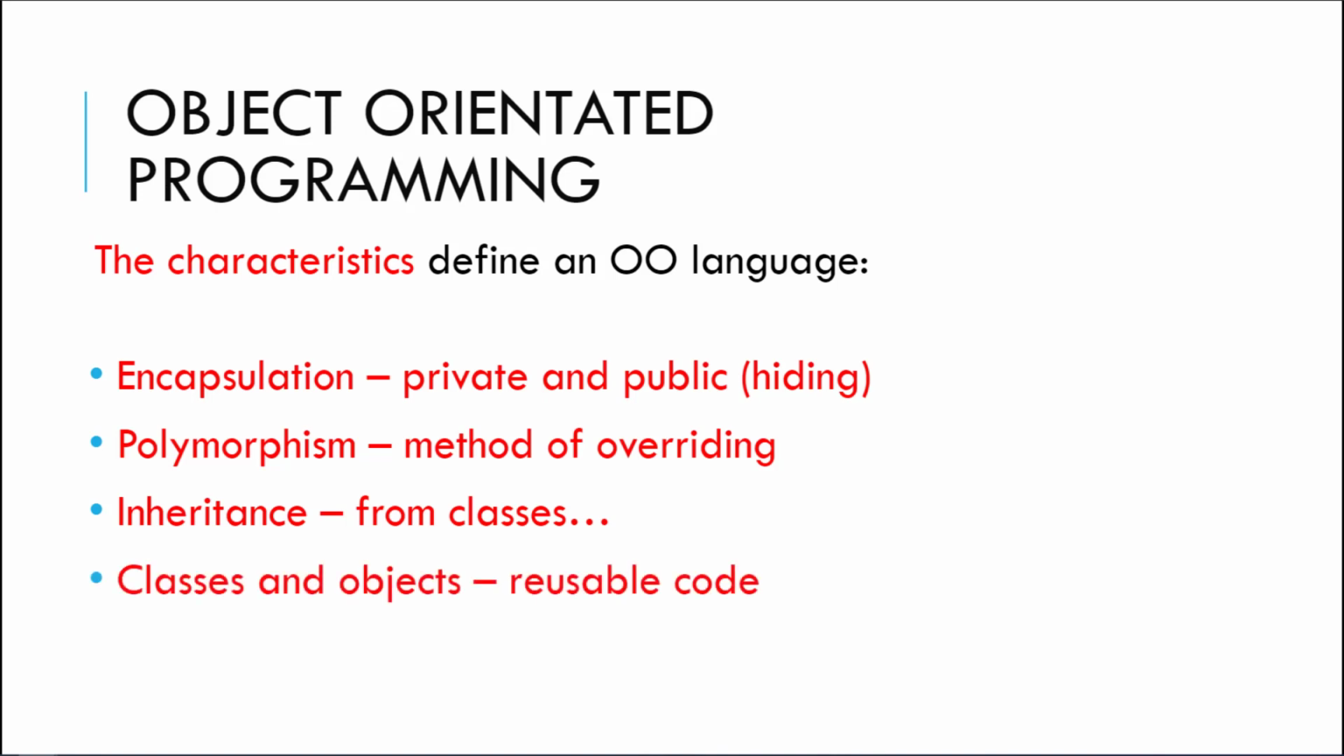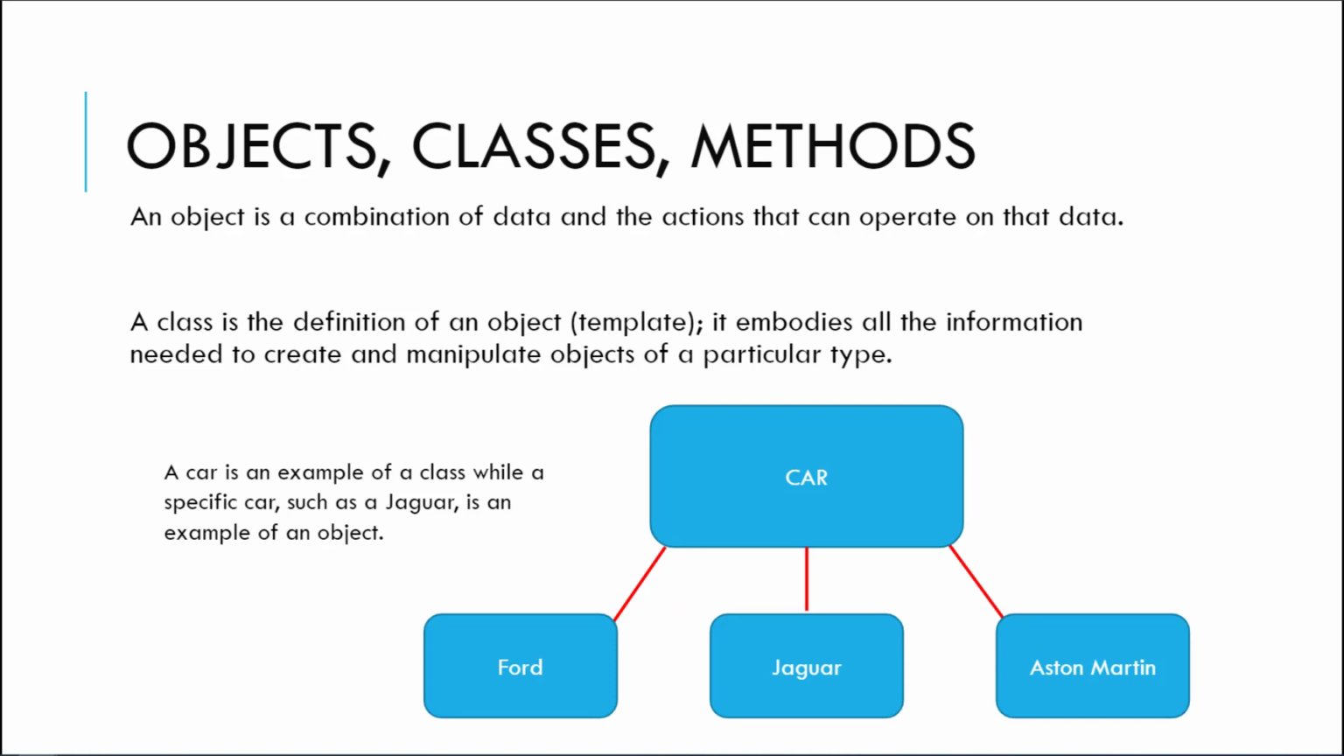And we also have classes and objects as well. Classes and objects are all about reusable code. And then we have abstraction. Abstraction is removing complexity from whatever we're doing to allow the user just to simply do things. Now, first, let's focus on classes, objects, and methods then. An object is a combination of data and the actions that can operate on that data. Think about a class as a definition of an object, a template or a blueprint, if you will, and